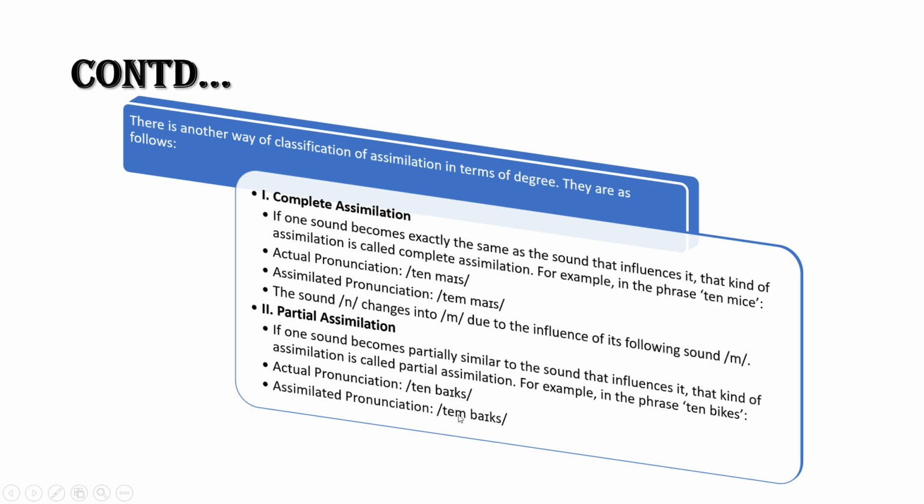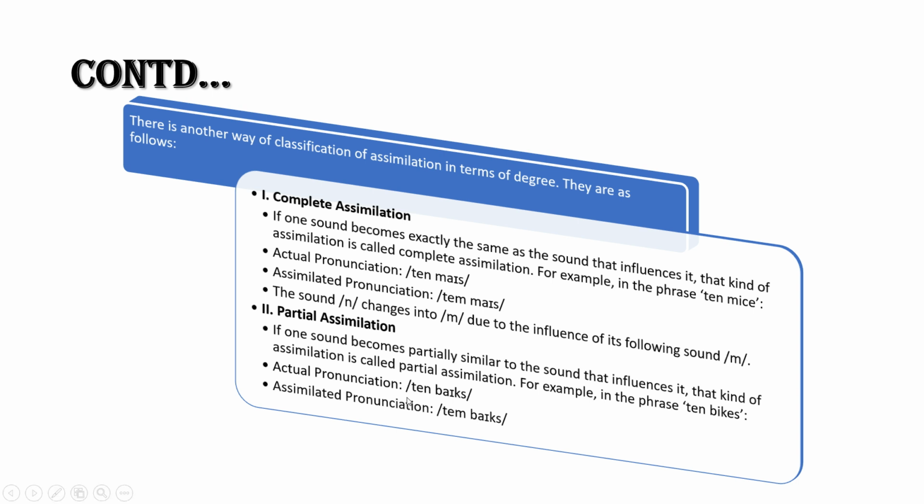sound, because of the influence of bo. So in the actual pronunciation, it is pronounced as ten bikes, but in the assimilated pronunciation, it is pronounced as tem bikes. And this no sound changes into mo, so it becomes to some extent similar to bo sound. Why is it similar to bo sound? Because po bo mo wo, these are the, pa, ba, ma, wa, these are the bilabial sounds in English